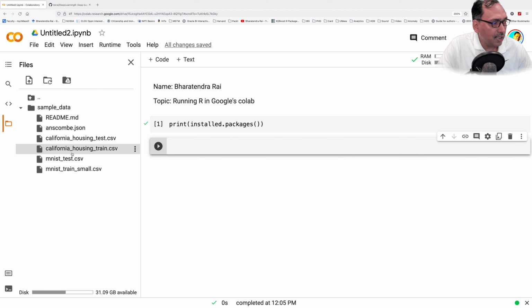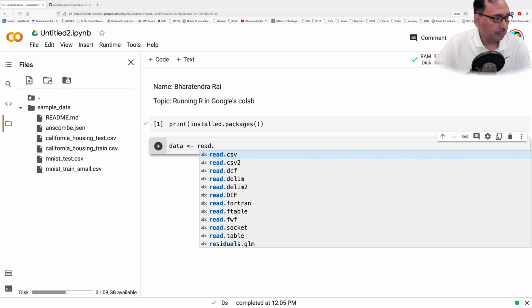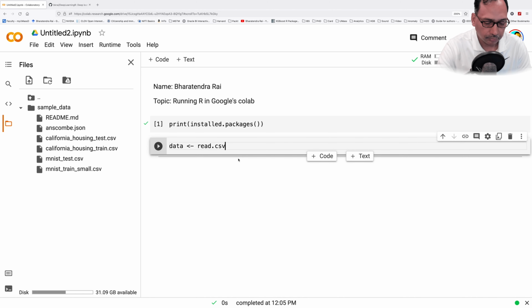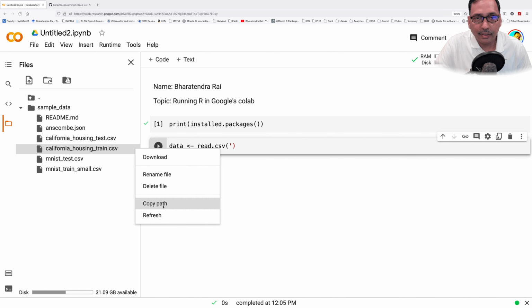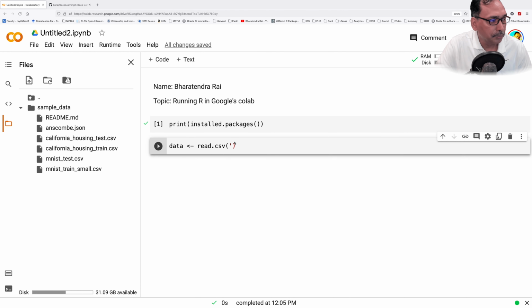If you want to use this, you can always write the code to store this data in data, and we'll say read.csv, this one. And then within quotes, we have to give the address where this file is. For example, if I want to use this california_housing_train.csv, if you click on these three dots, it will give you the option to choose this path or copy this path.